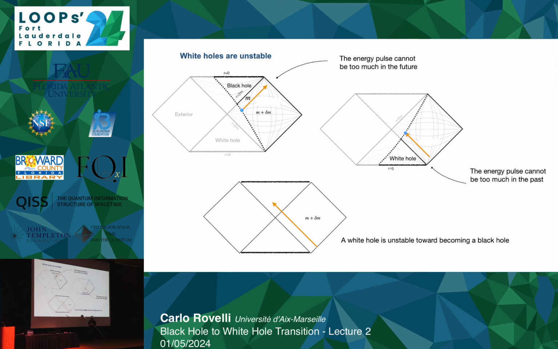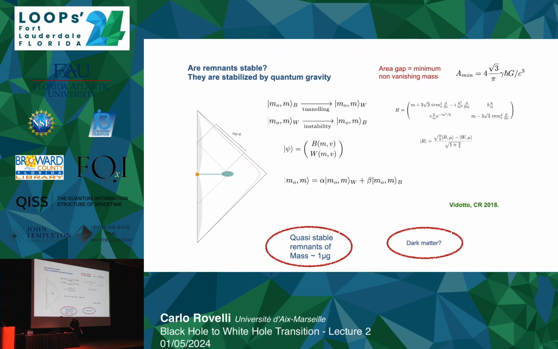In other words, if you have a macroscopic black hole here, forever it's unstable because it can jump into a white hole. But this is corrected in this space-time I'm describing, because the instability of the white to black transition is counterbalanced by the black to white quantum transition. And so what we expect is quantum mechanically the system to sit on a